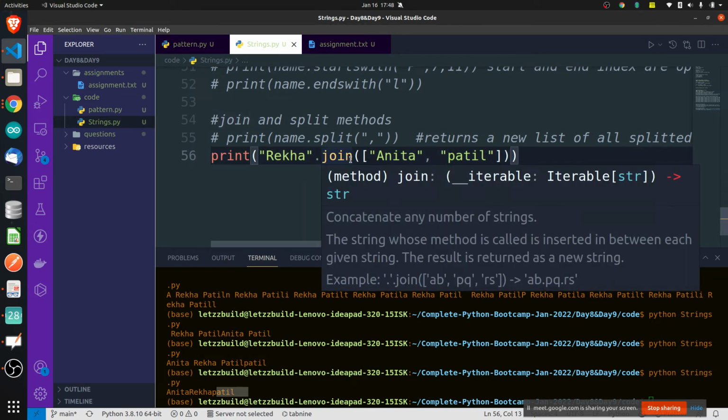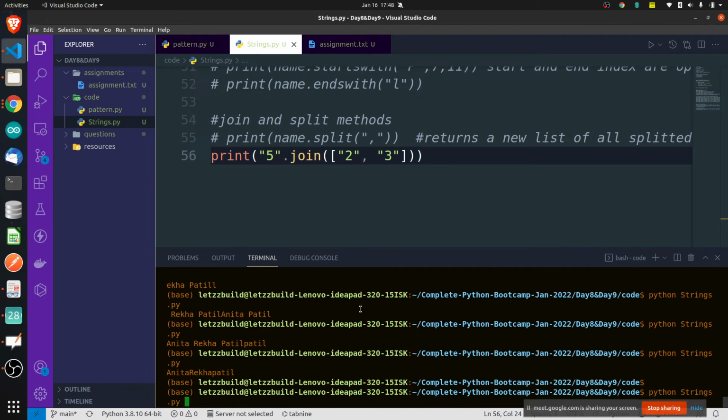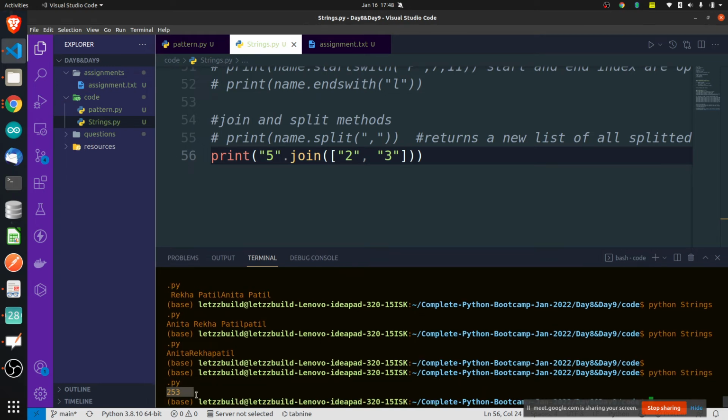If you want to insert 5 between 2 and 3, it should insert 5 between 2 and 3. So the join function is used to concatenate strings, and it is going to insert this.